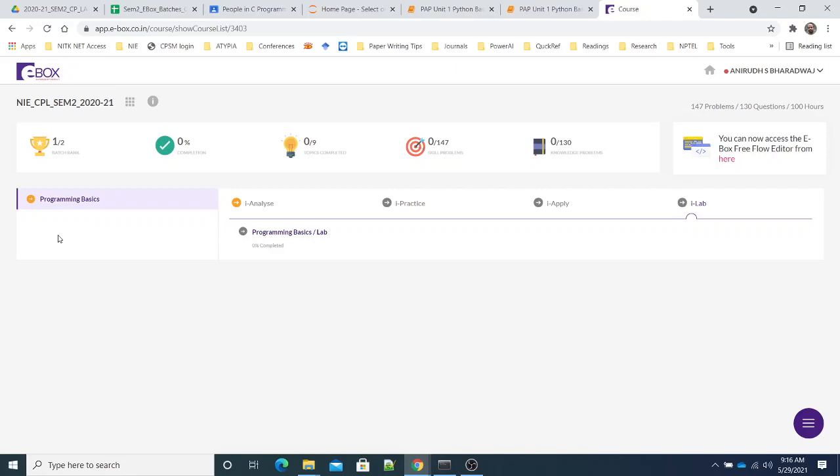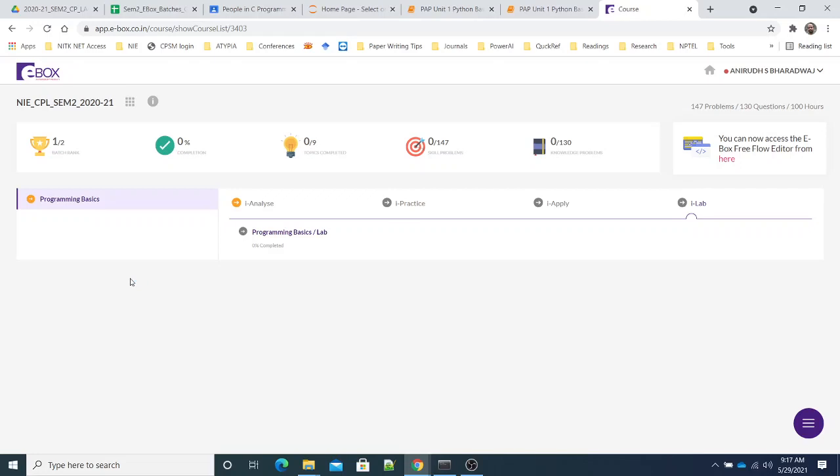And your proportion is CIE marks 50% weightage and semester end test 50% weightage. So it is important that you do all the lab modules properly so that you get the first 50%, and if you are preparing well for your SEE exam and doing it well, you will get the remaining 50% of your final marks. Okay, so this is the introduction part, and I'll take you to individual problems in iAnalyze or iLab or iPractice in a separate video. Thank you.